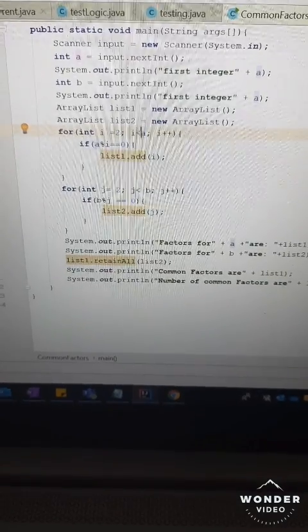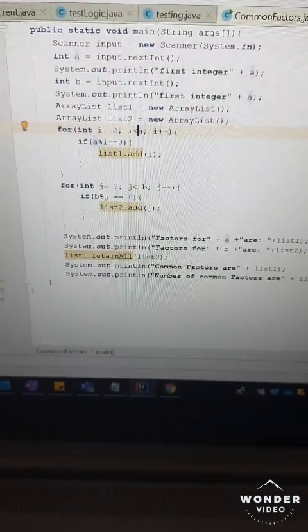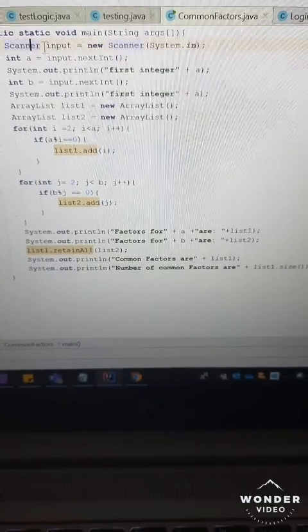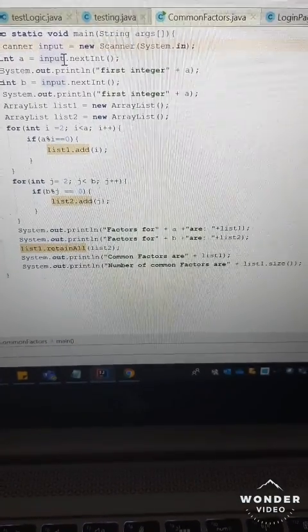So if the interviewer is asking you to list out the common factors for two different numbers given as input, how do you do that? Let's get into the code. Here is the method I have written for finding the common factors. This is the main method, you can see. After that, I am reading the input with the Scanner class.